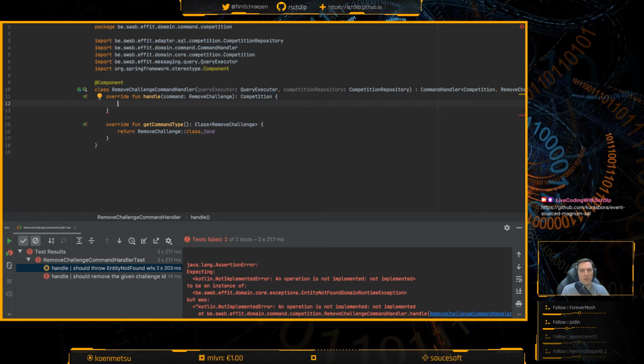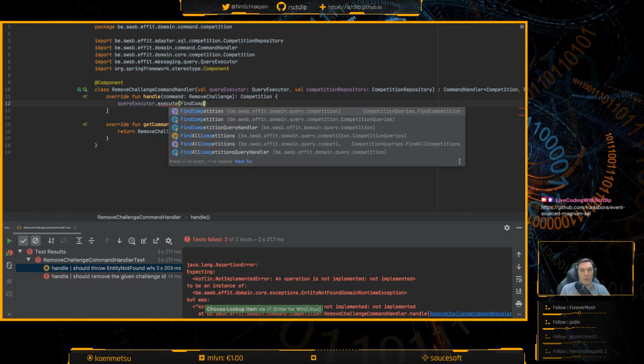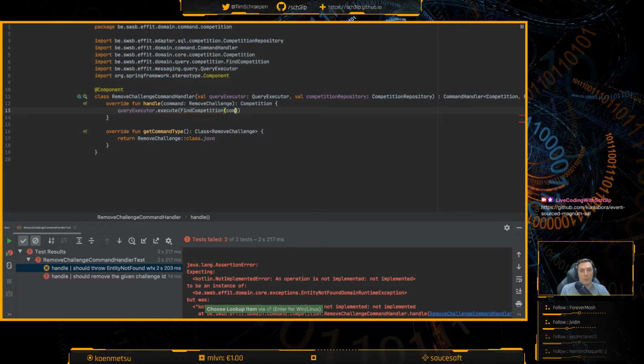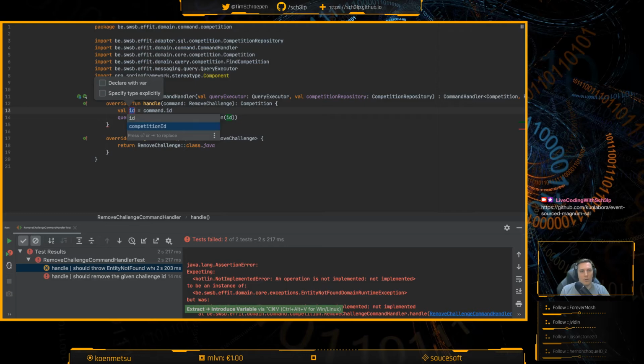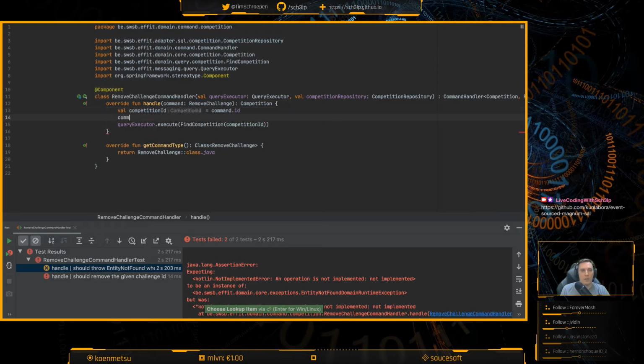So the first thing I'll need to do here is query executor. Oi. Needs vals. Query executor. Execute. Find competition using the command's ID. Let's also assign challenge ID.